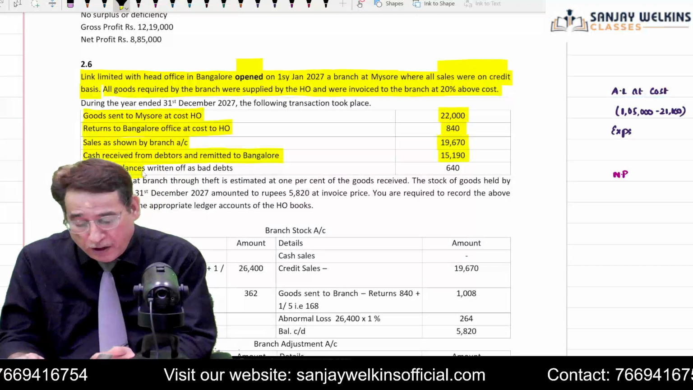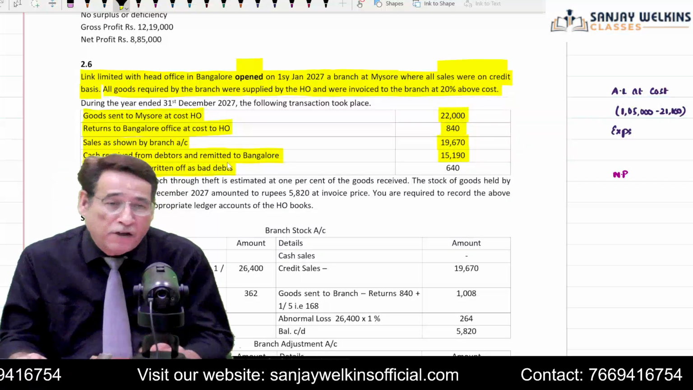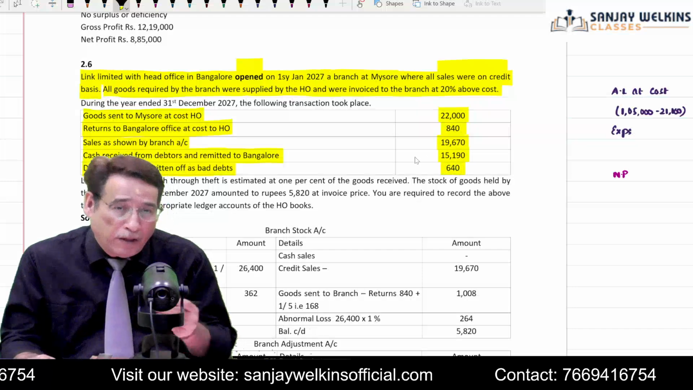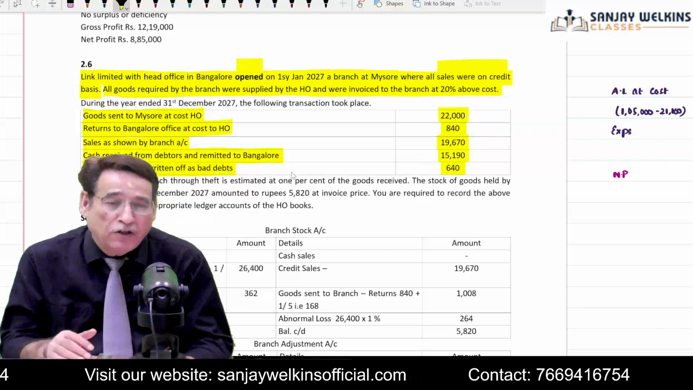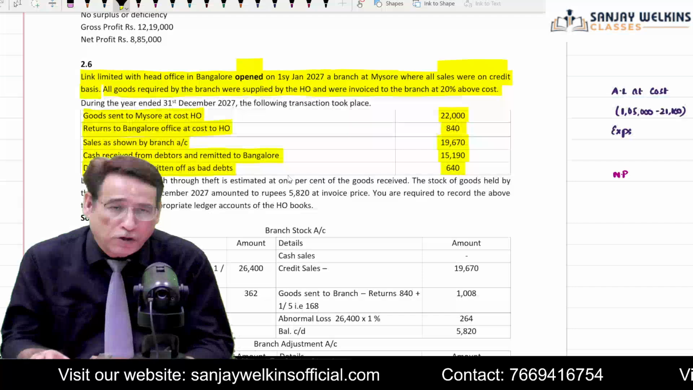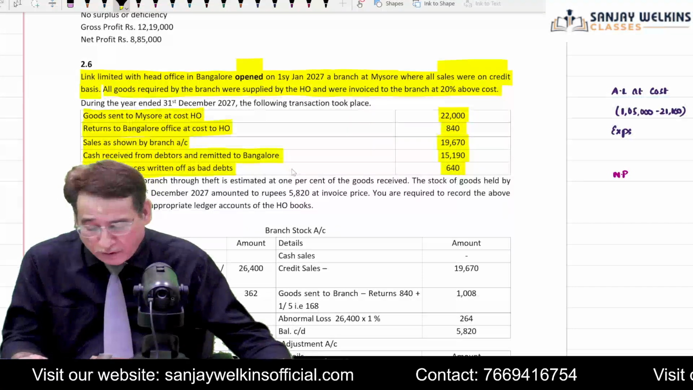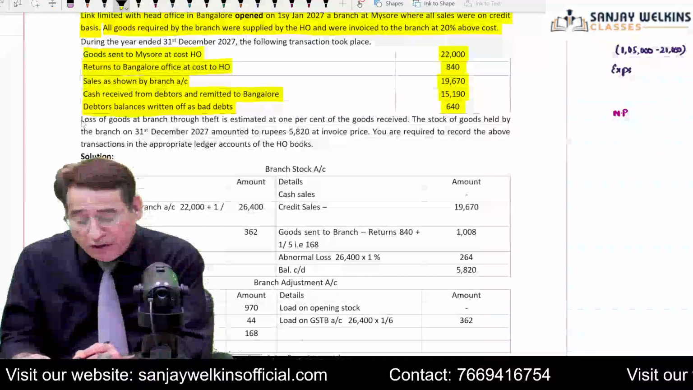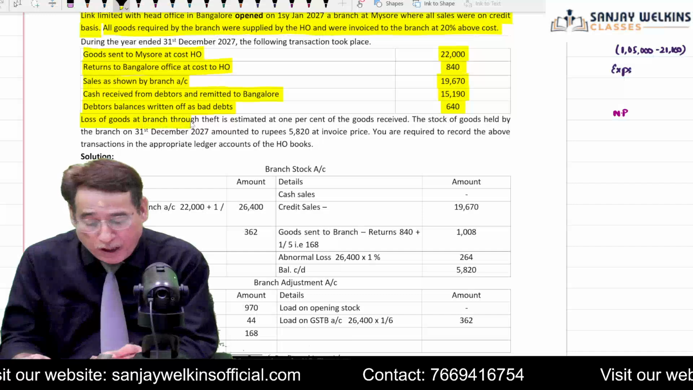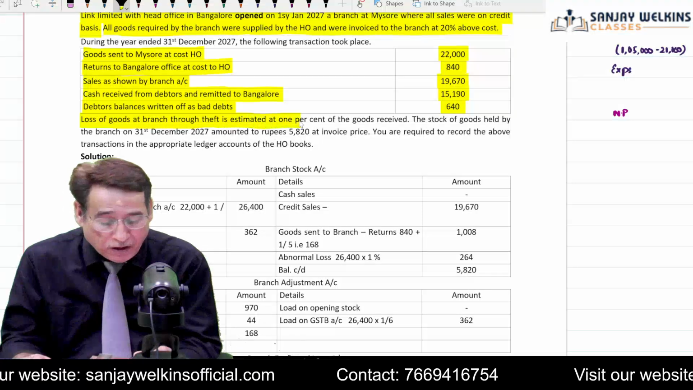Also, it is written debtors balances written off as bad. Now, first of all, you are going to write the bad debts on the credit side of the debtors, and also because it is a loss, you are going to put it on the debit side of your profit and loss account. Further, in this question, it is given loss of goods at branch through theft is estimated at 1%